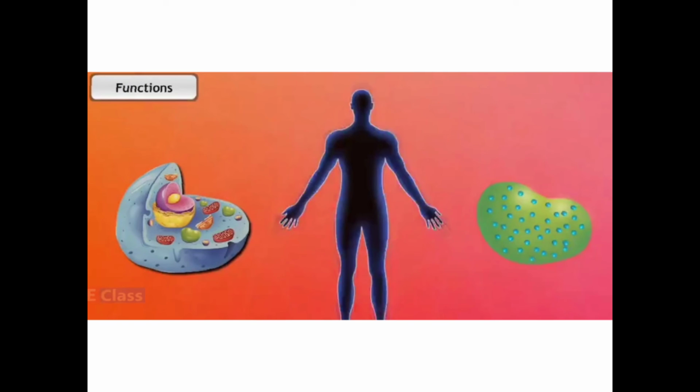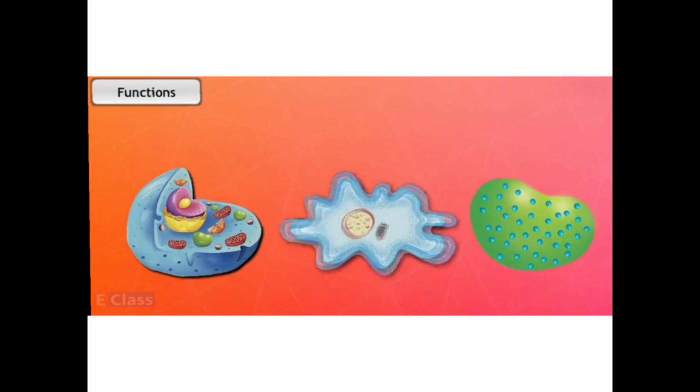So in the animal cell, what is the function? Its function is to store the waste product and the food. But whatever things are done in our multicellular, the same thing is done in the unicellular also. So let us see about the amoeba. You have seen this amoeba? This is amoeba. In the amoeba, it stores the food before digestion.